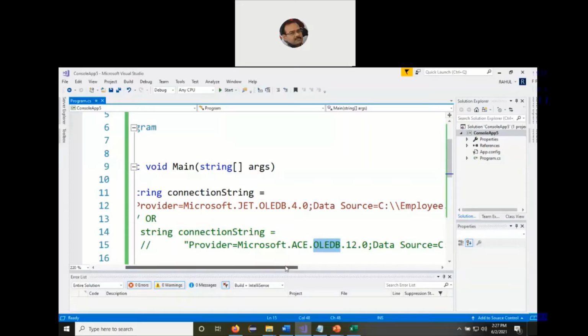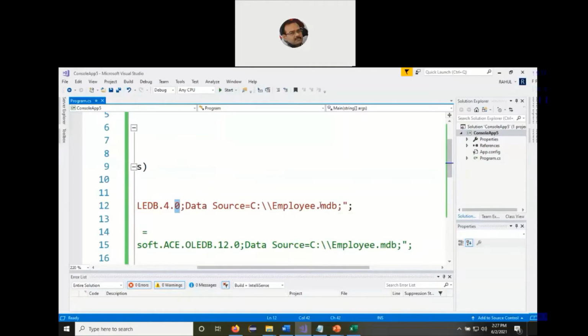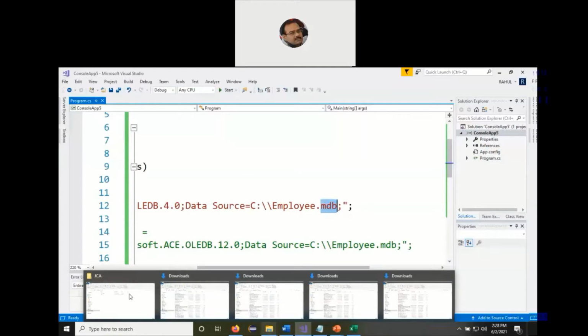So the minimum 2 parameters which we are initializing here in the connection string, we can initialize more parameters later. But right now, this program demands a simple program, the first program in ADO.NET, wherein we are just trying to fetch the information from the database. And it will also help us to check whether we are able to connect to a database or not. So depending on the operating system, I can use Jet.OLEDB.4.0 or ACE.OLEDB.12.0. And the name of the database is employee.mdb. Now let's have a look at this database. I go to the C drive.